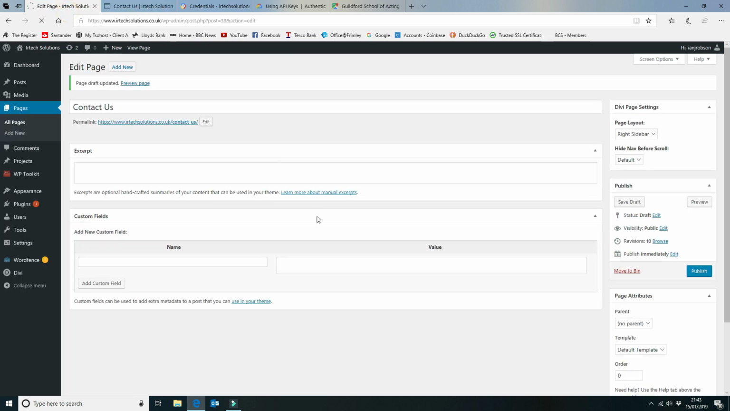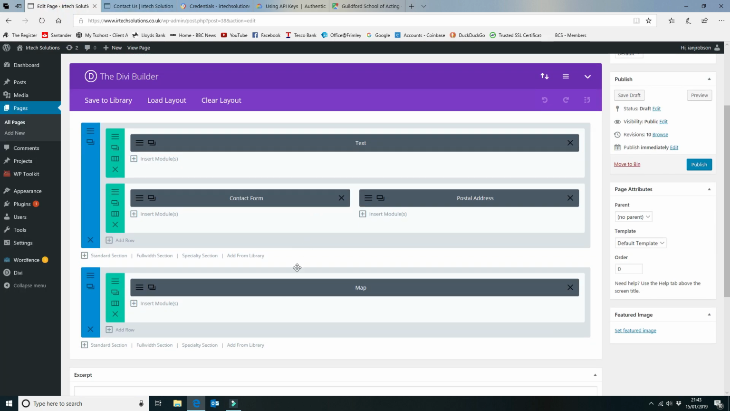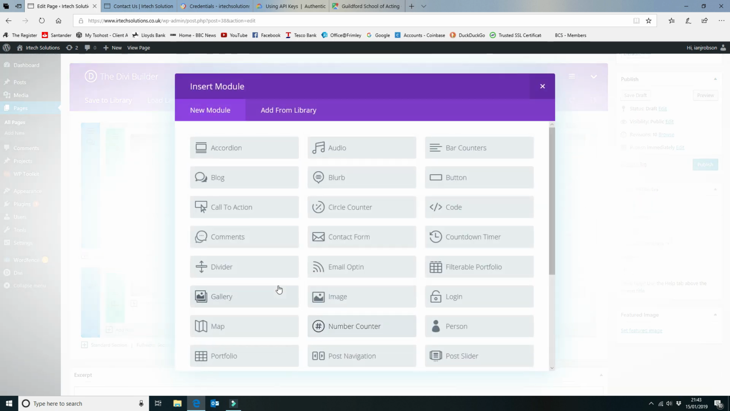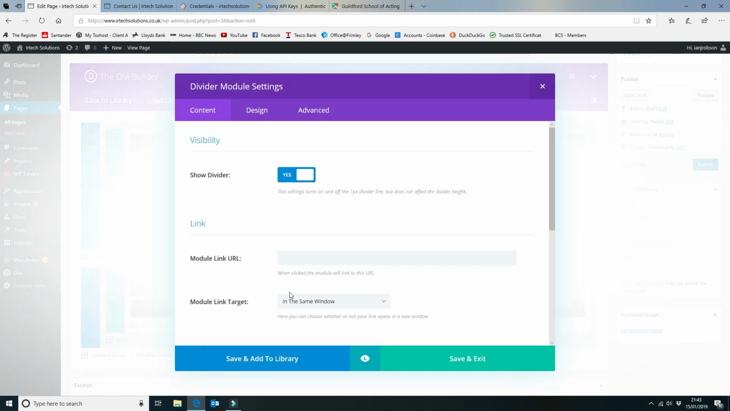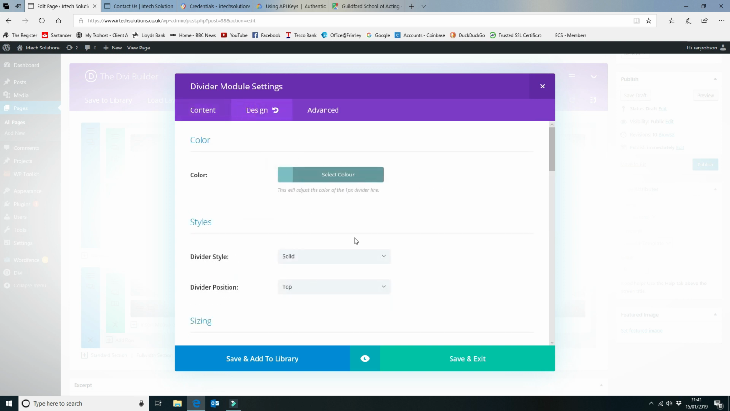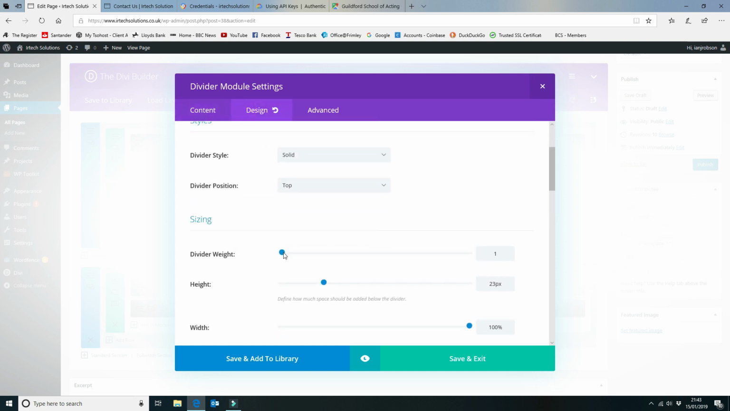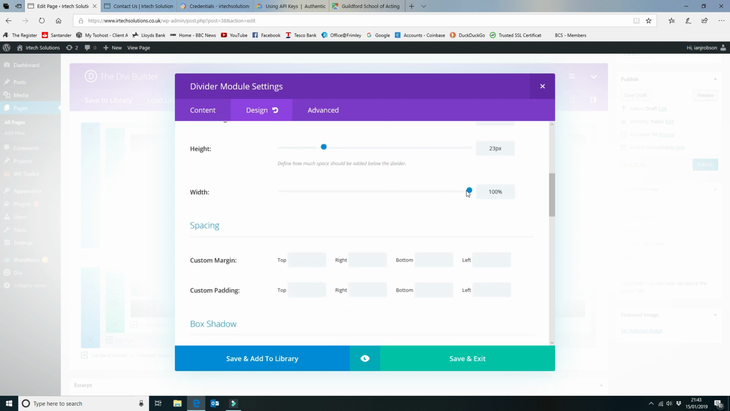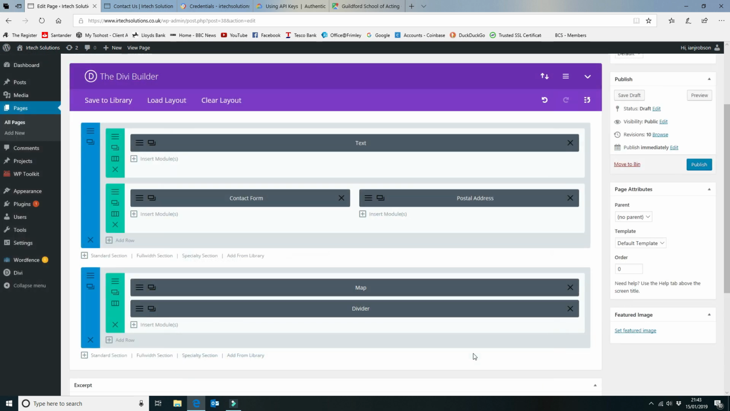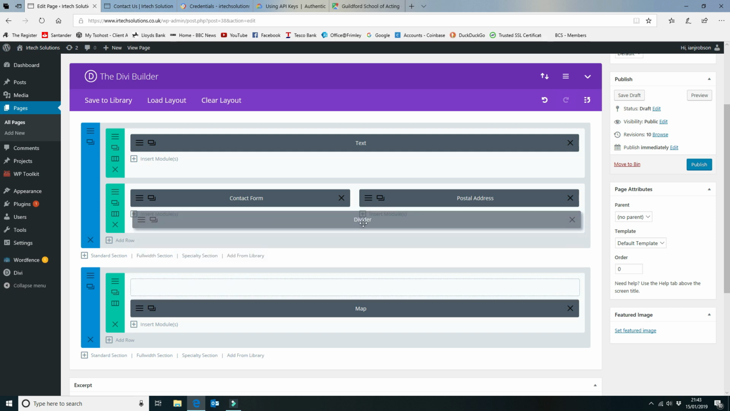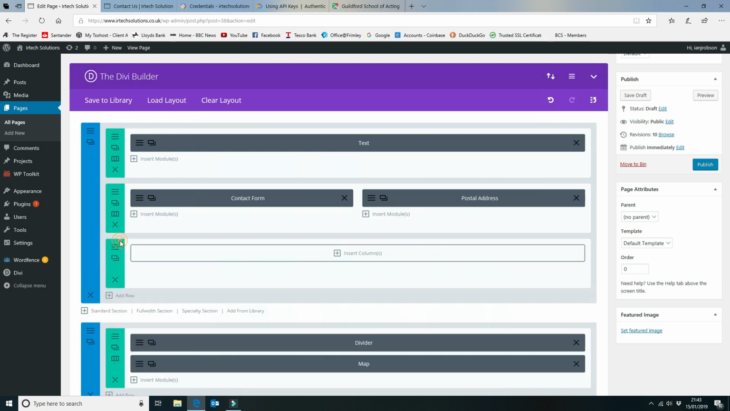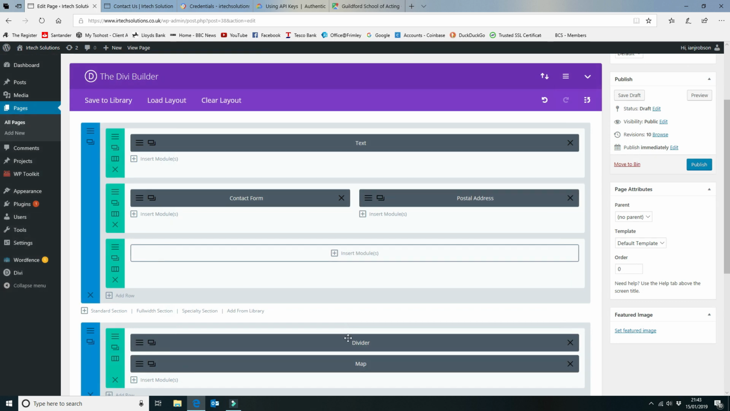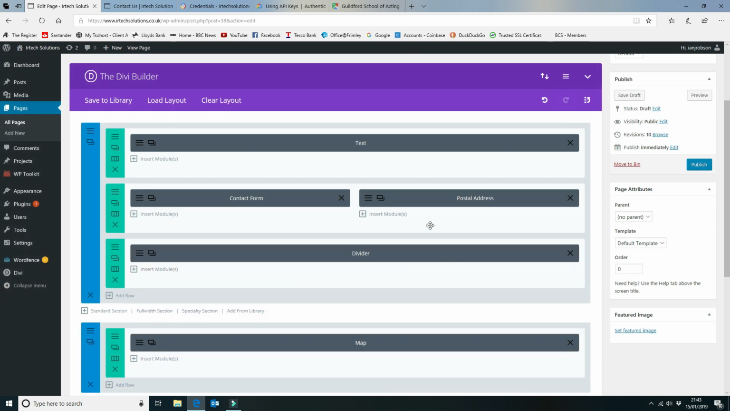Now what we can do also here is we can add some horizontal rules. So in this case it's a divider, and the design of it, I'm going to pick the standard color that it's giving me there. I'm going to give it a weight of 2. I want it to be 100%. That can go into, actually I'm going to do that as a separate module up here. So I'm going to drag that up into there,